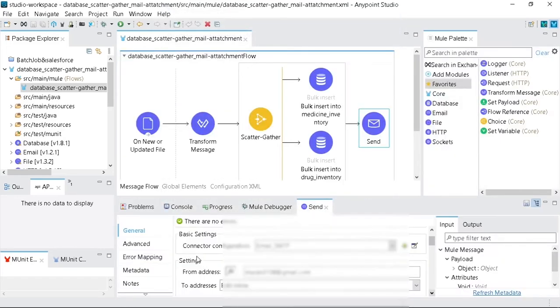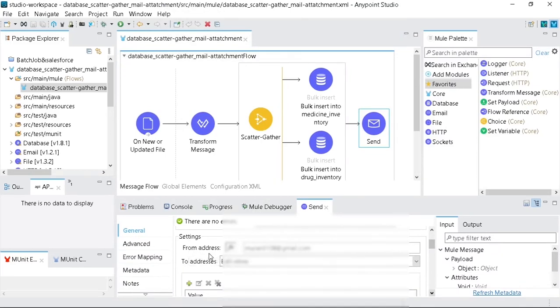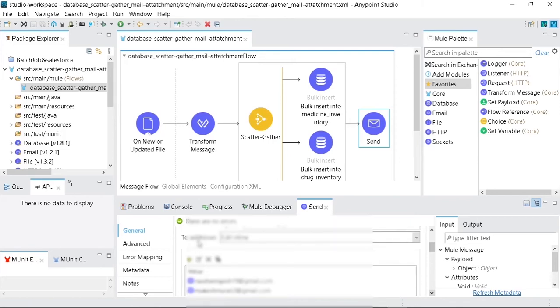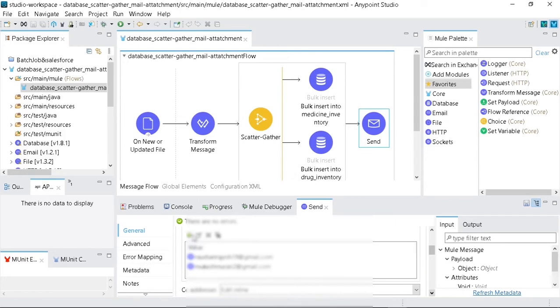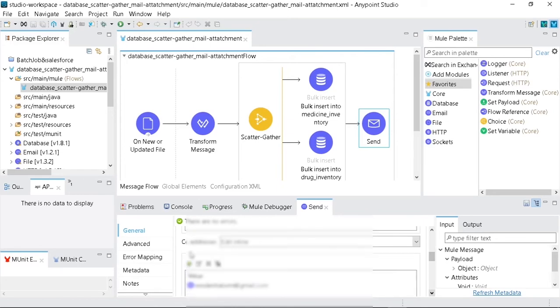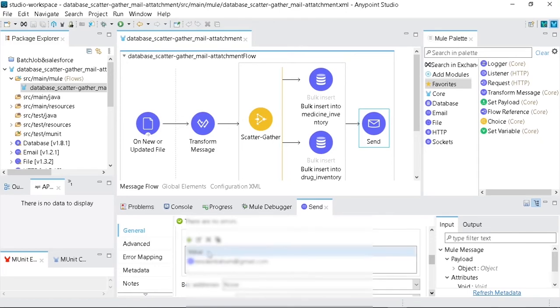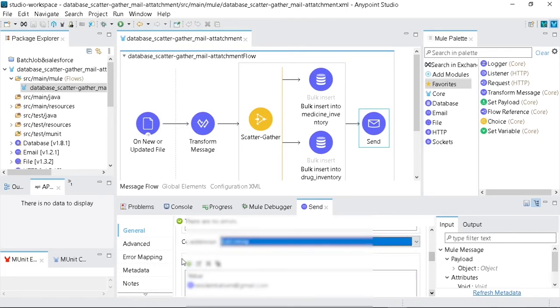And apart from this, here is the from address, the account from which we want to send a mail, so the email address of that account should be given here, and the to address means where we want to send the email. So I have selected here edit inline, and then give a label by clicking on the add button, and write the email ID where you want to send. Here you can also send a carbon copy to another person. So here I have selected edit inline, and then you can click add,